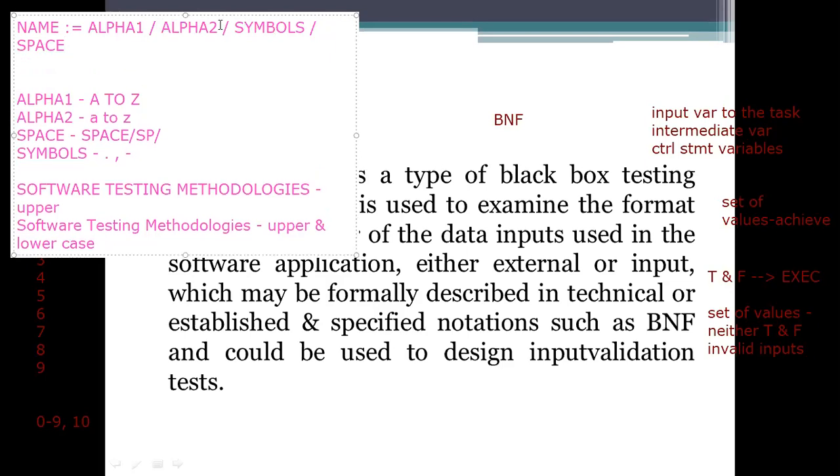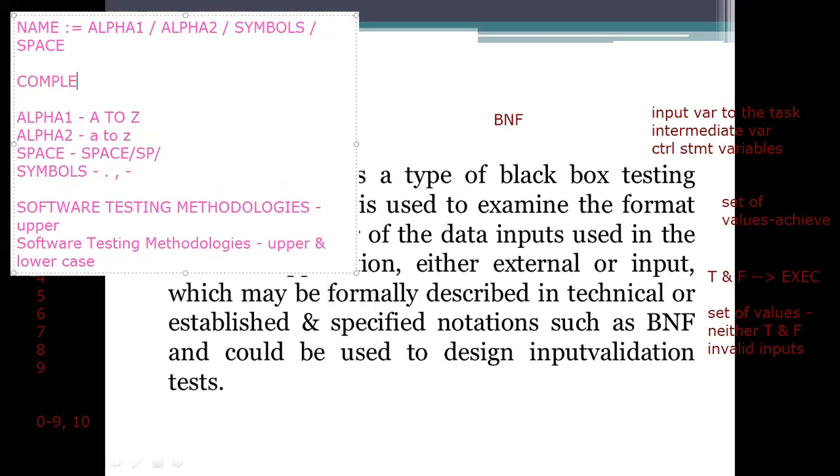So how am I getting a complete name here? We need to plot name. Sometimes we will have a middle name, surname, and then the first name. Three words are there. So three words means what can we use?